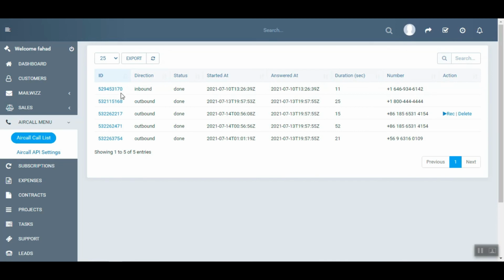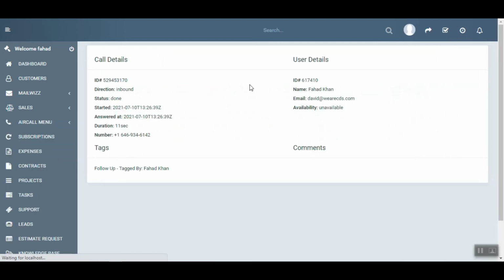Furthermore, if you want to see the details of a specific call, you can click on any call and you can see the details as well.